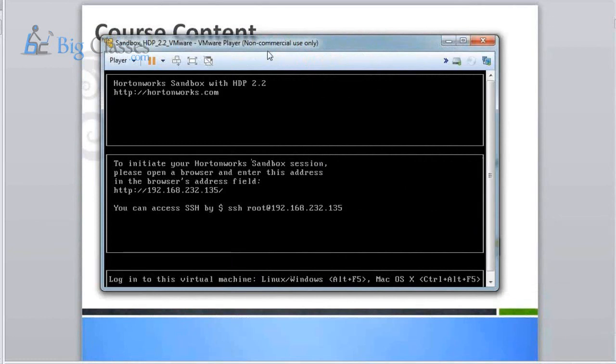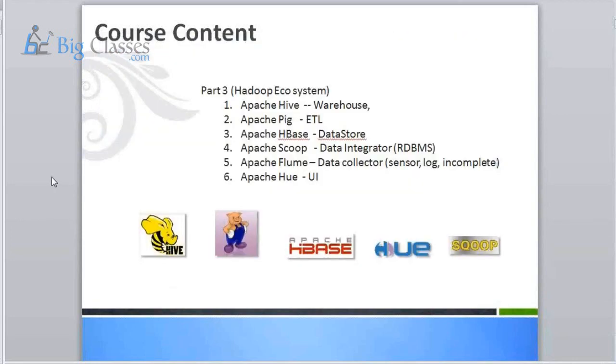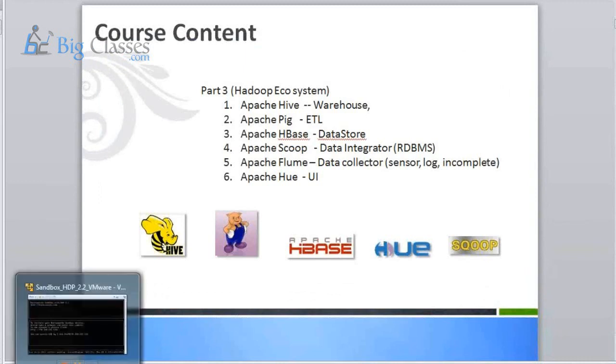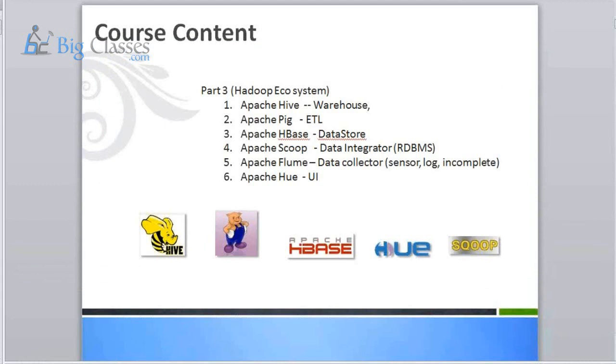Let us say you can't do it on your machine. At least you should have access to a laboratory or some other means so that you can run through the material I'm going to share with you. I should be able to do it because I have the same configuration, actually better than what you said. Yeah, wonderful.